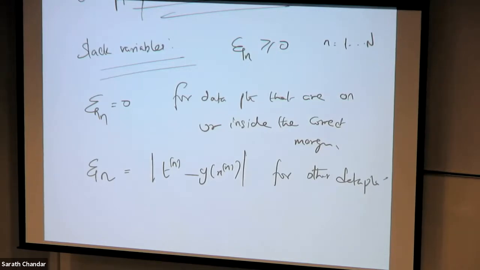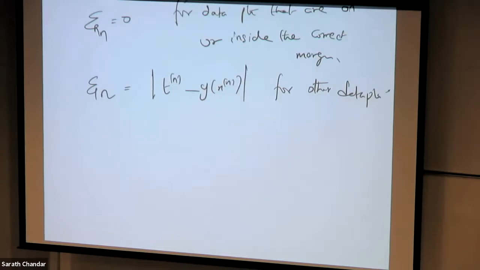Now let us see some examples. Let's start with a picture. Let's say this is my decision boundary and these are my margins. Now let us say I have crosses here and a circle here. This is y equal to 0, this is y equal to 1, and this is y equal to -1.